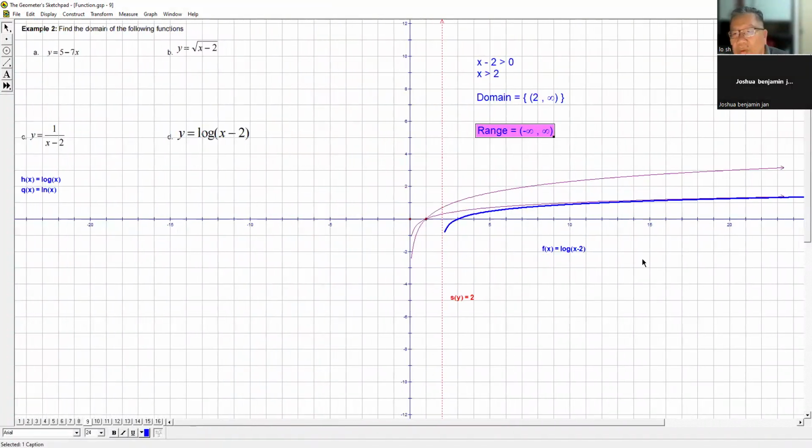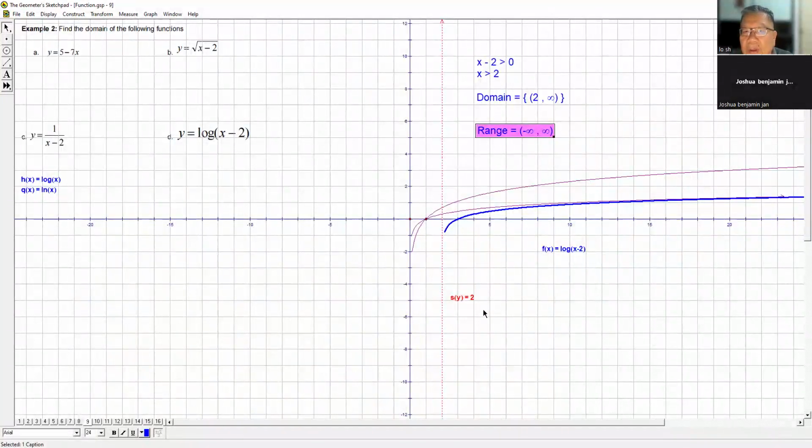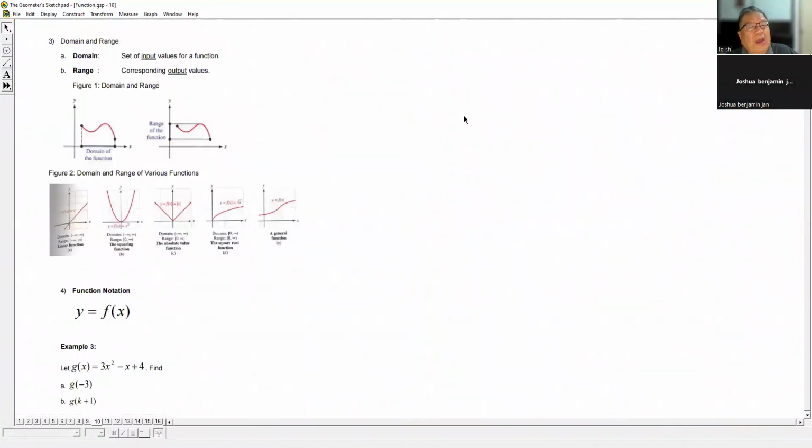Unless you know how to draw the graph, you cannot know where is the domain and where is the range, right? So some of the standard types of graphs, you must know how to draw, right? So in your lecture notes, they have this type